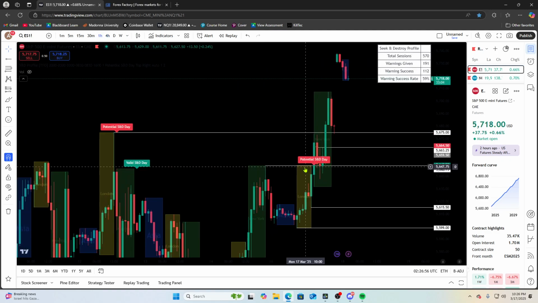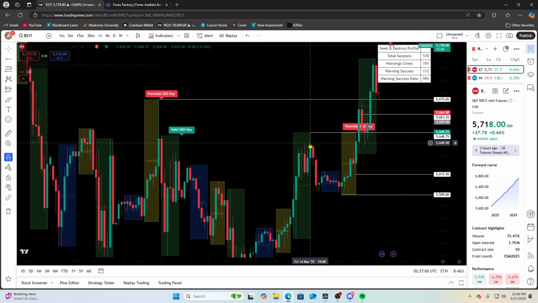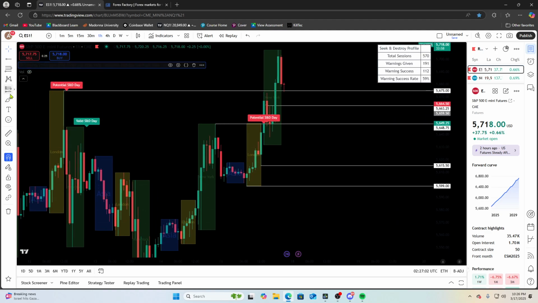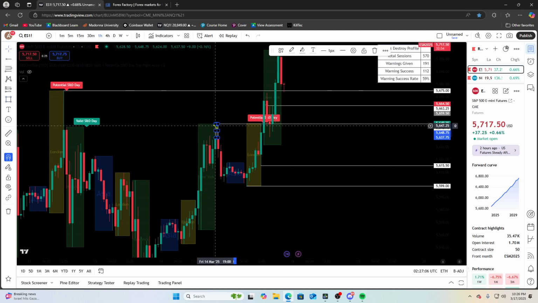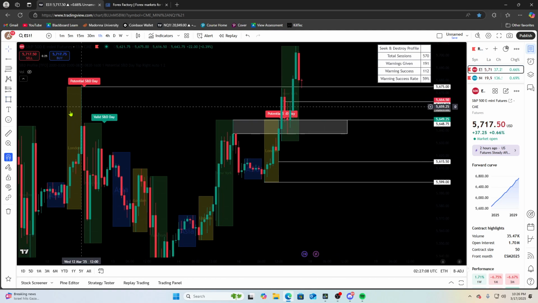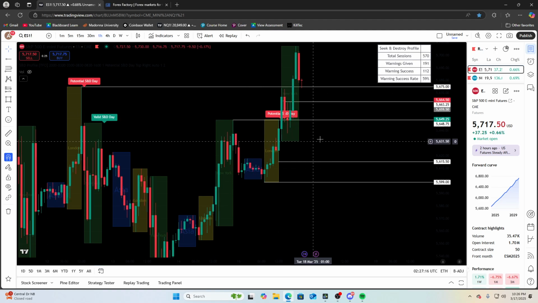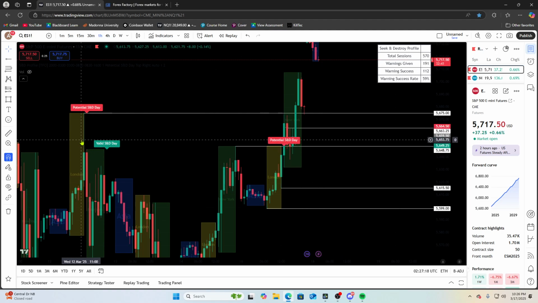There's more bias than just that we're overextended, right? We have a high time frame bearish order block located here. Obviously, we see this move up before the move down. So we have this high time frame bearish order block right here, and then we also have this high time frame bearish order block right here. So we have a couple of high time frame bearish order blocks that we are within, that we've seen reactions out of already. Especially this one here, we had a really, really nice reaction out of this one